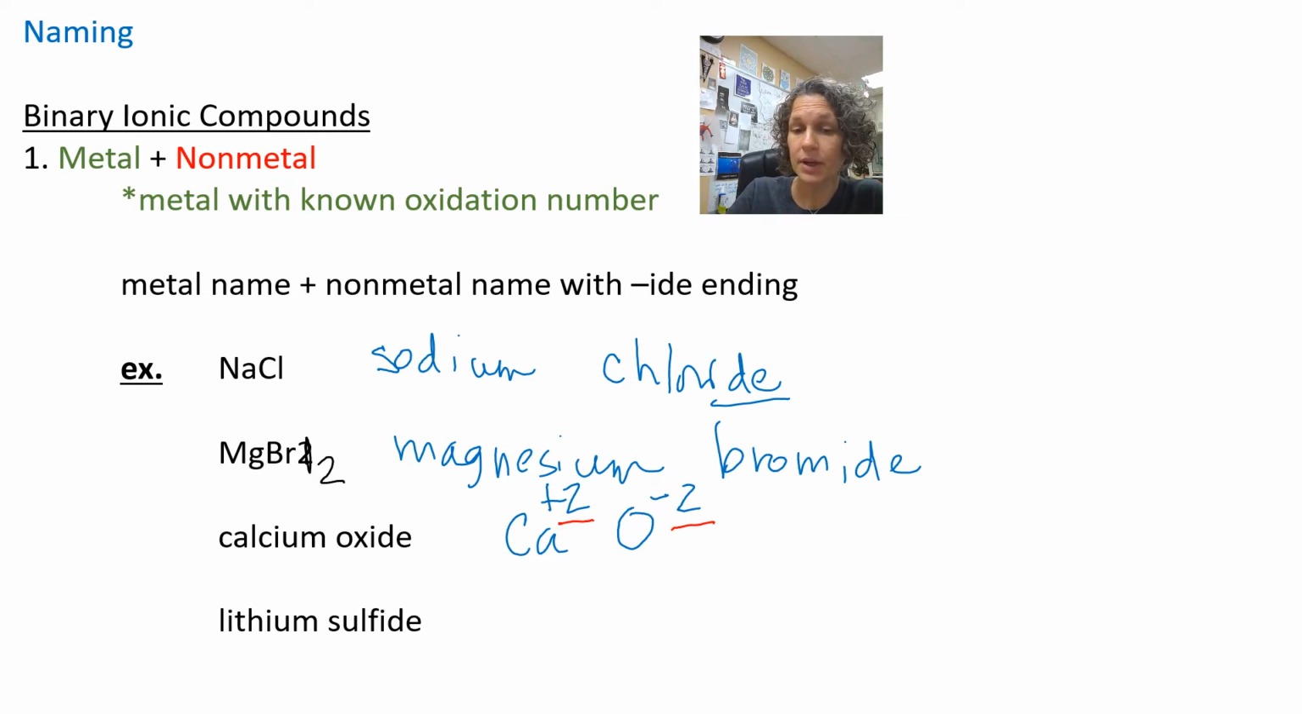And they do. So when you write that formula, you don't really change anything. You just put CaO. And that's it. That's the formula for calcium oxide. All right, so now lithium